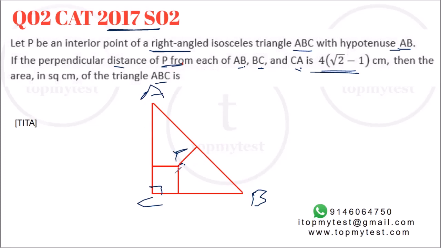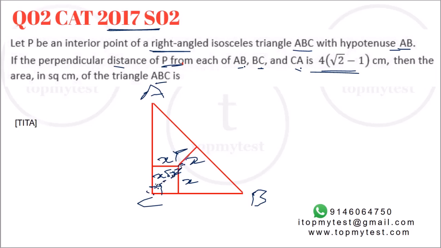Now, if we extend this line, this will be the diagonal of the square, which again will be an isosceles right angle triangle, right? So if I take this length as x, this length will also be x, this length will also be x, because this is the inradius. This diagonal, in an isosceles right angle triangle, should be x root 2, right? Now this full length will be a straight line. Why? Because of the symmetry, it's an isosceles triangle. You can prove it also, but using symmetry we can very clearly say that this will be one straight line.